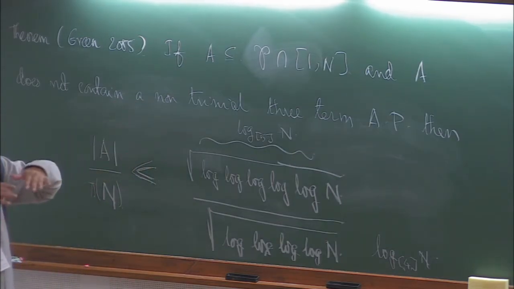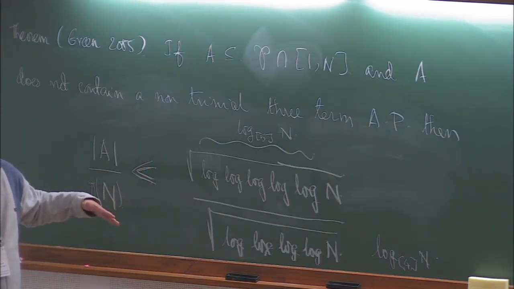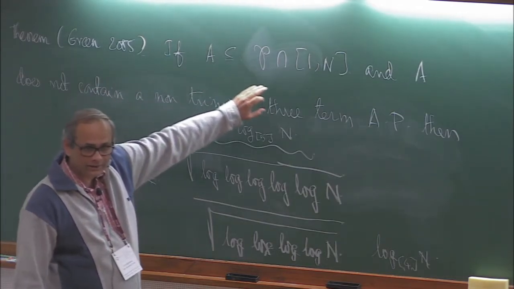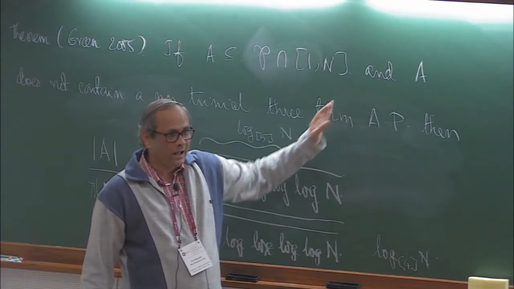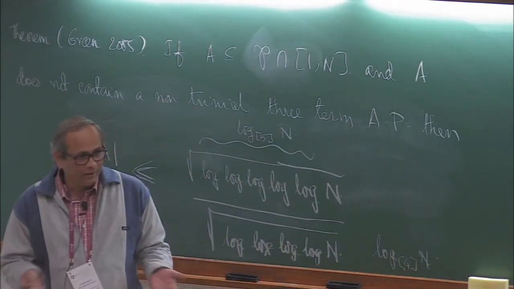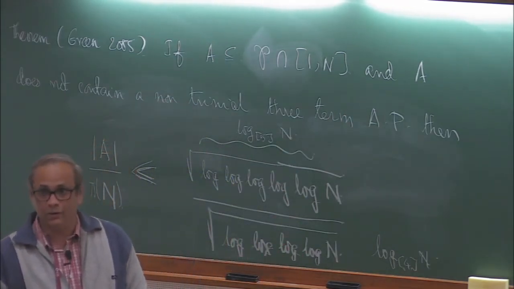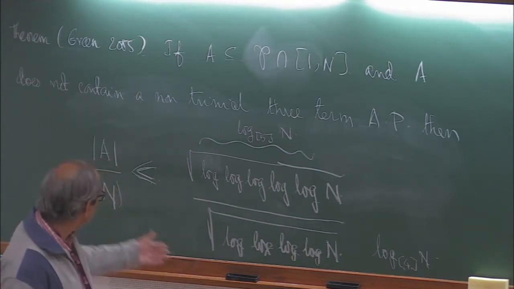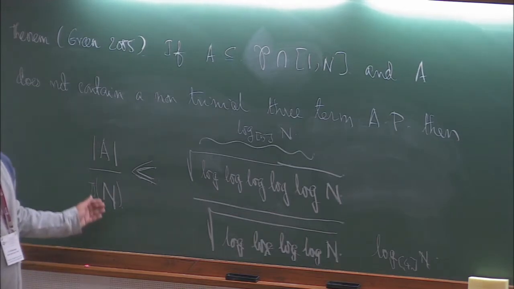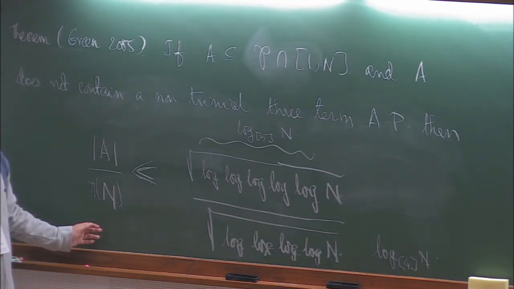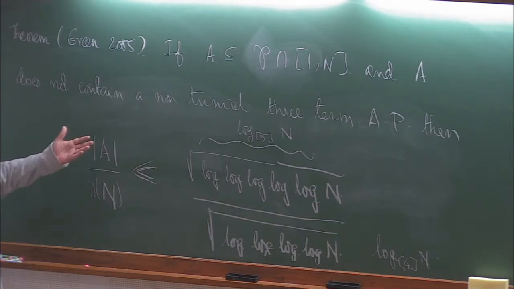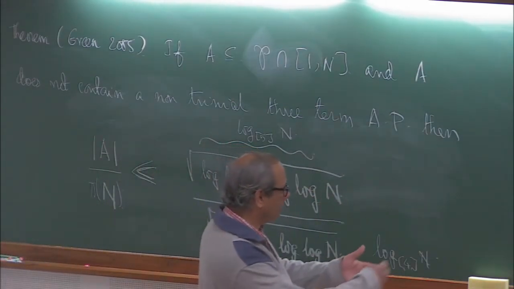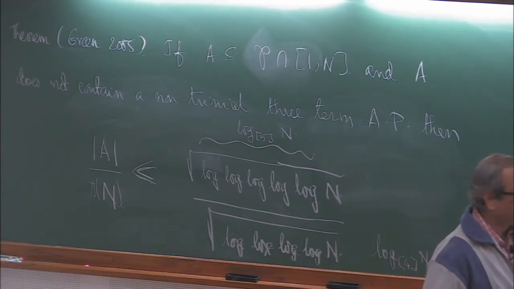Primes themselves are a sparse subset of the integers up to n. Let's just consider a subset A of the integers up to n, and if that didn't have non-trivial 3-term APs, then the question is, is it true that the cardinality of A is small? Okay, that was actually the original question that motivated these things, or a similar one, the Erdos-Turan conjecture for not just 3-term arithmetic progressions but k-term progressions,